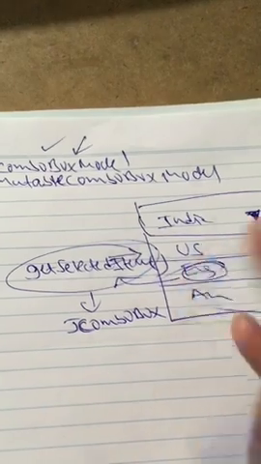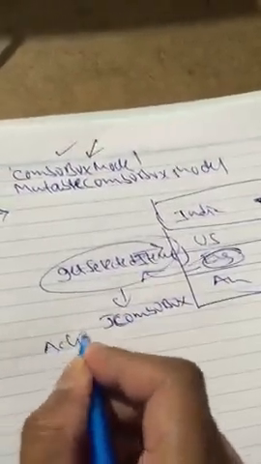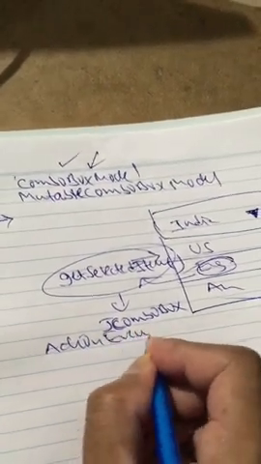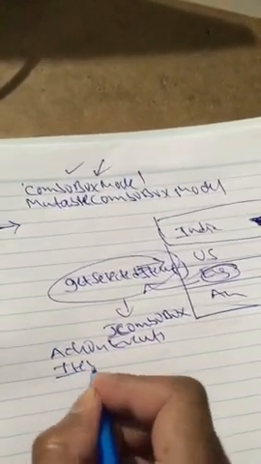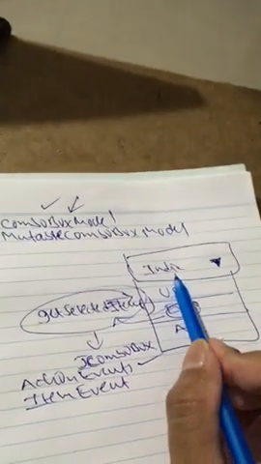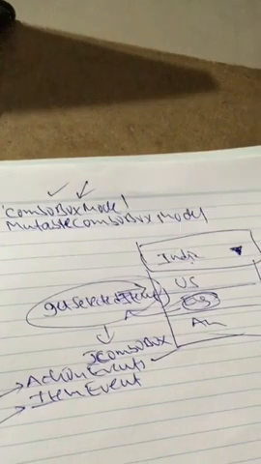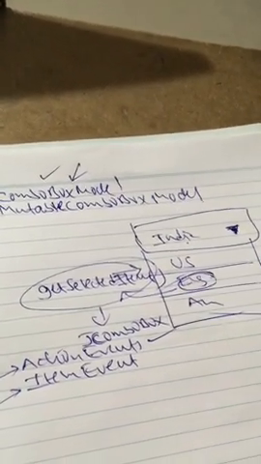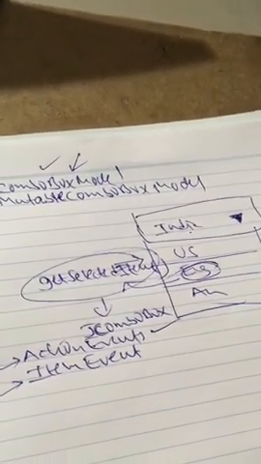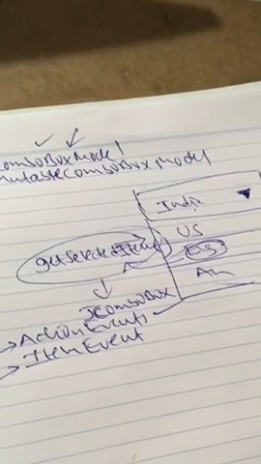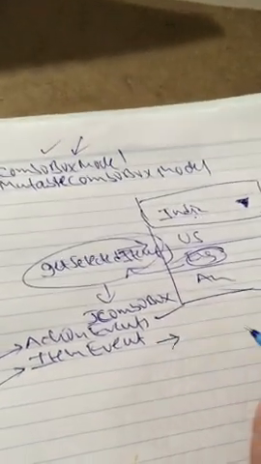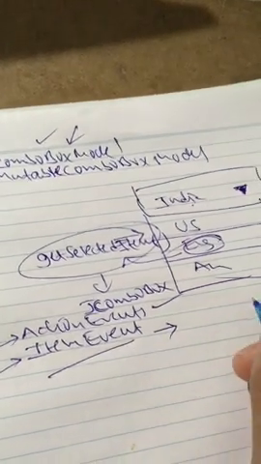So JComboBox also generates events. Okay, so action events and item events. When you select an item in a combo box, an action event is generated. When you select or deselect an item or entry in a combo box, an item event is generated. Means the state of the selected item is obtained by using the item event.